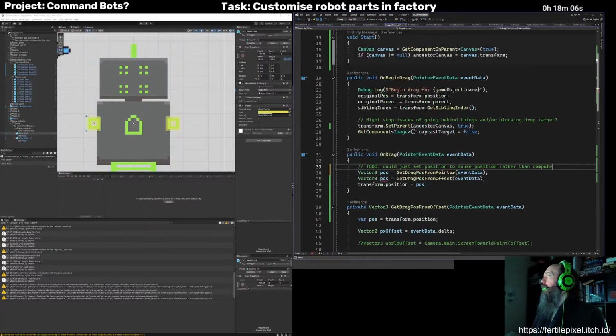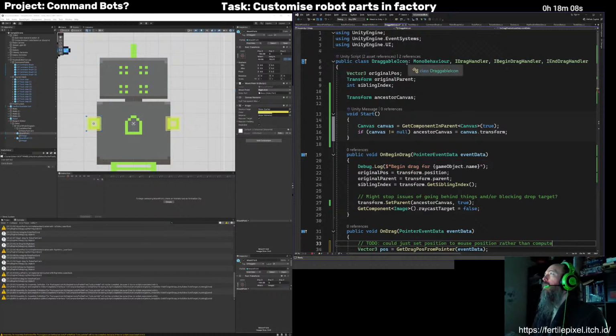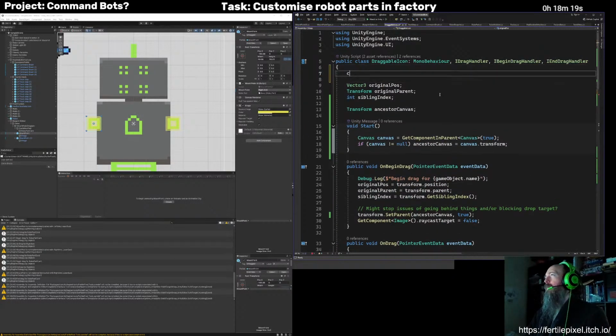And maybe I'll configure that. What do we got here? This is a draggable icon. So yeah, I'll just... this is just a constant that I'm going to say.